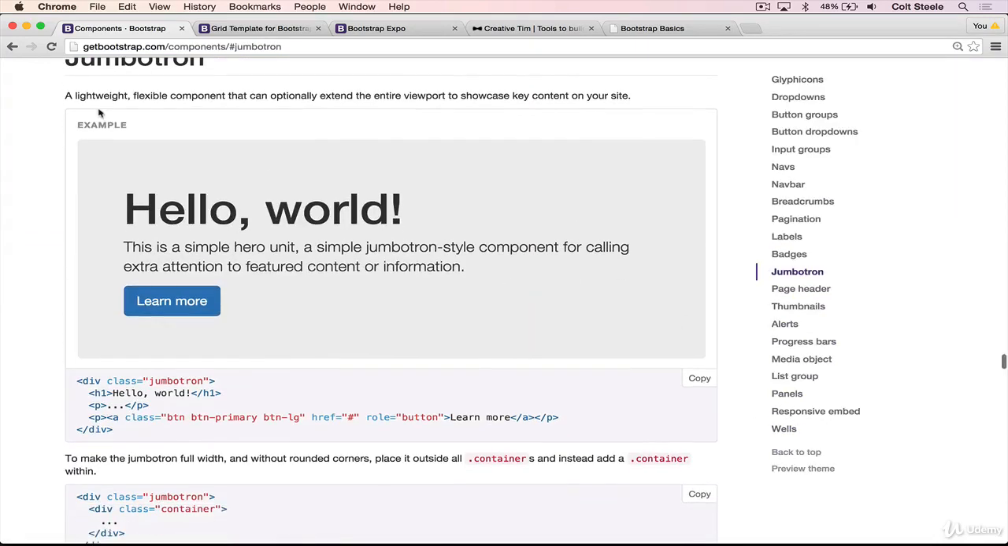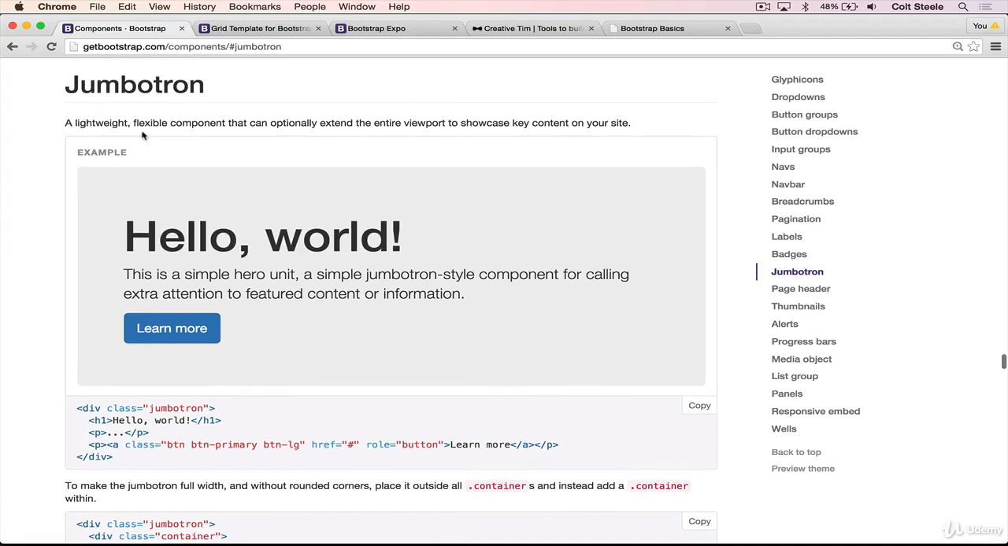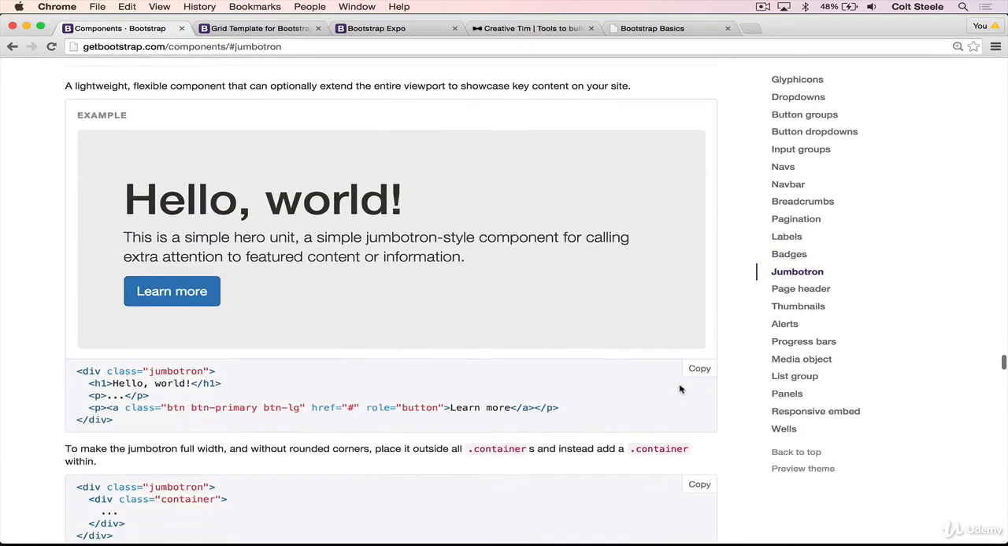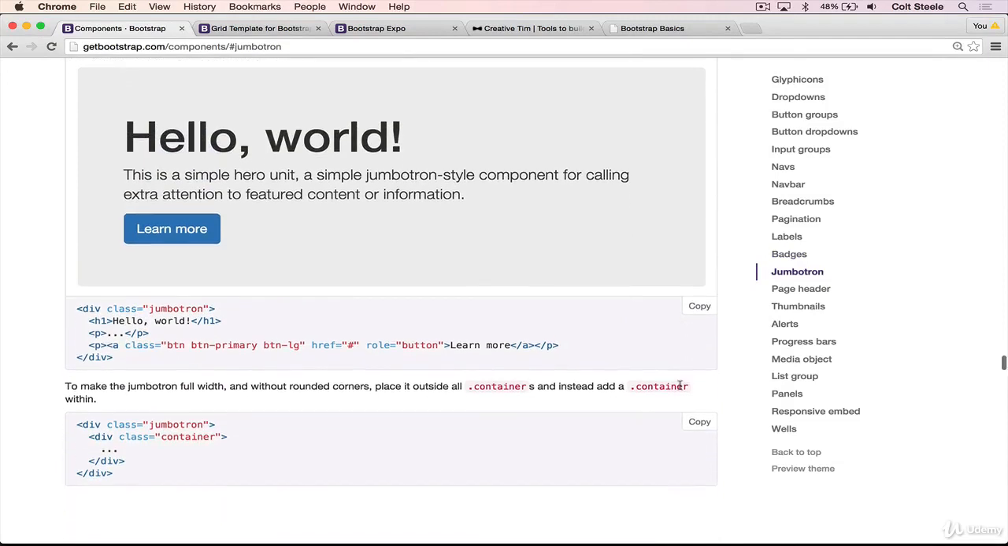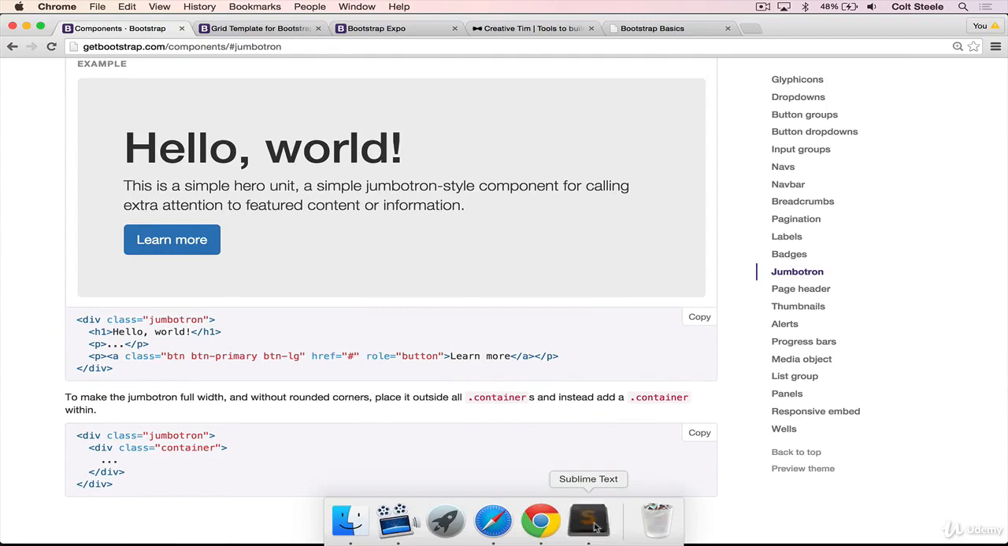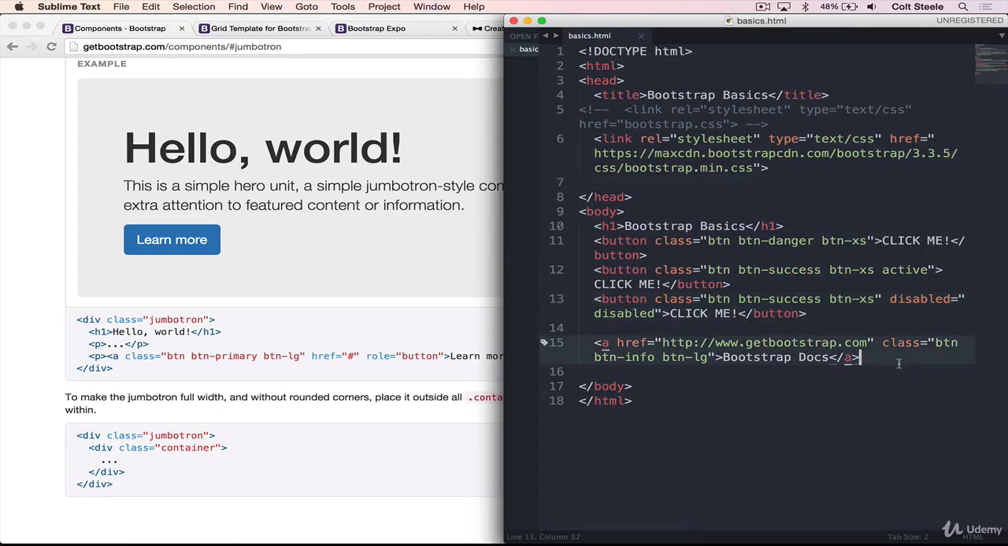So a Jumbotron, according to the official docs, is a lightweight, flexible component that can optionally extend the entire viewport to showcase key content on your site. You can see an example of one right here. And if we want to use a Jumbotron, it's really easy. All we need to do is write div class Jumbotron, and then whatever we put inside of that will be part of the Jumbotron. So let's try that. Just do it below our buttons. We'll have a div with class Jumbotron,